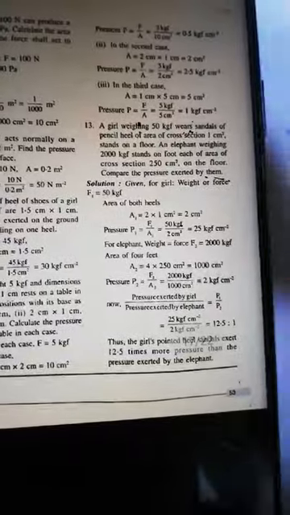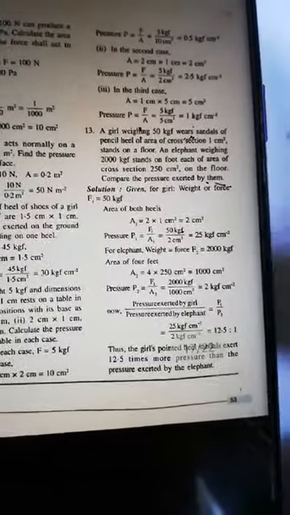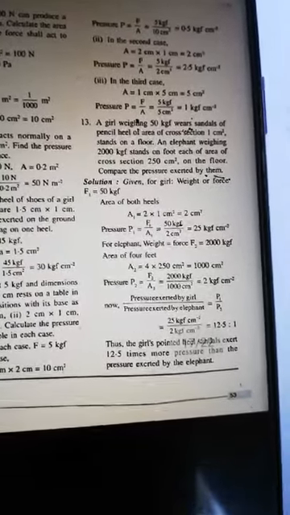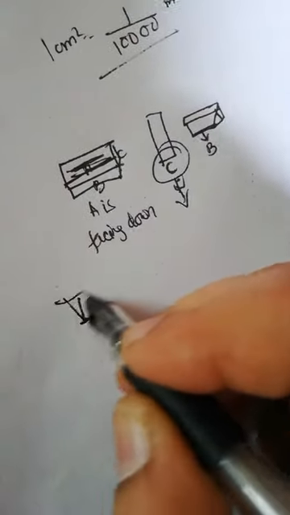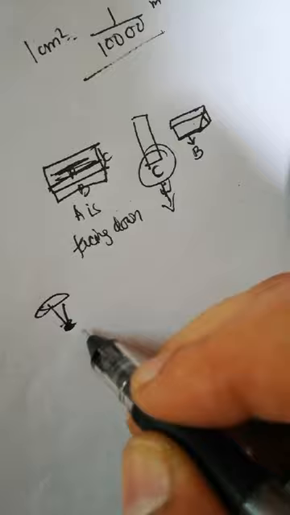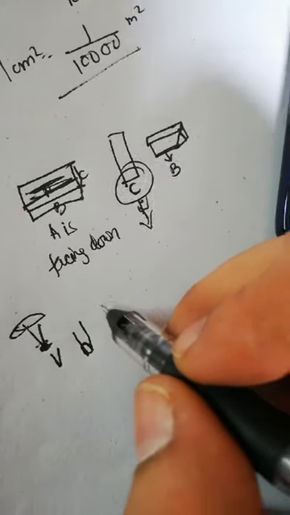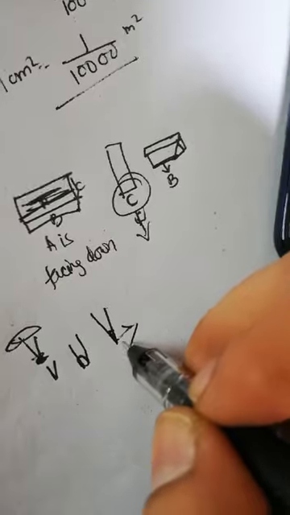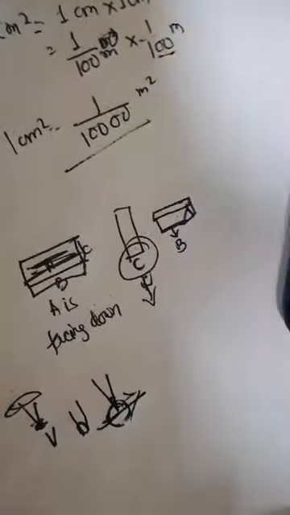The weight of the elephant is getting distributed, but in the case of a girl, the heel is creating more pressure, like that of a nail. A nail has a pointed end. This pointed end will create more pressure than our finger. If I push something with a finger, that will not create much pressure, but if I use a needle, it will create more. It's not about the weight, but about the area of the point of contact, which is creating a great difference.